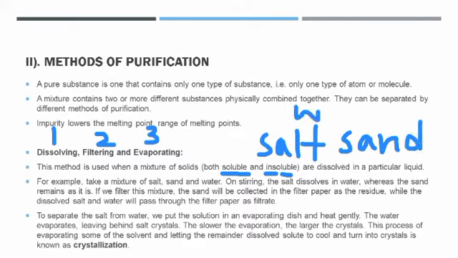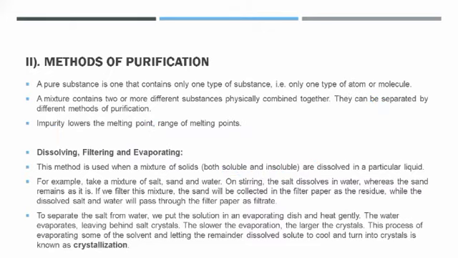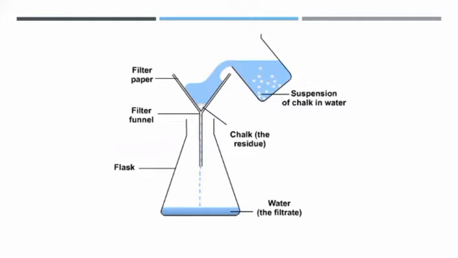Now we all know that salt is going to dissolve in water completely, but sand is not going to dissolve in water because it's insoluble, so it becomes a sediment. So if I want to filter it, what is going to happen? If I'm going to filter this whole mixture of salt and sand, what happens? This is the filter paper. When I pour my mixture over here, the sand is going to collect as a residue in the filter paper, and all the water plus salt is going to drop slowly into the flask.